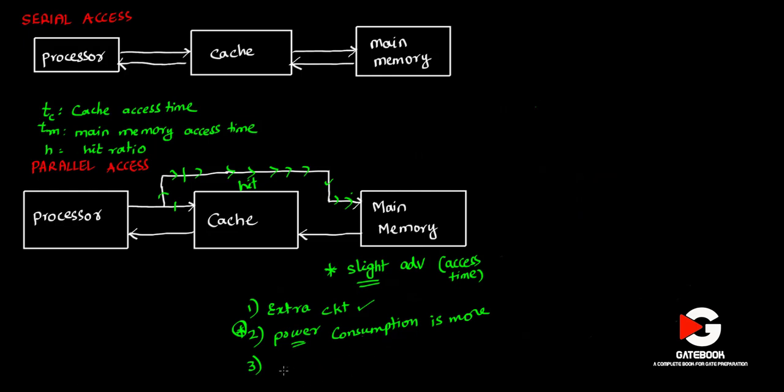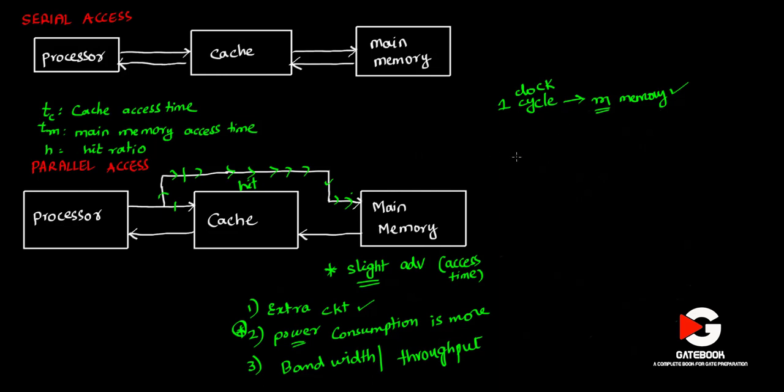Now the third one is bandwidth or throughput. Here I want to compute the number of requests going to main memory per unit amount of time. Let me consider one clock cycle. In one clock cycle, the system generates m memory references. Out of them, how many will go to main memory?